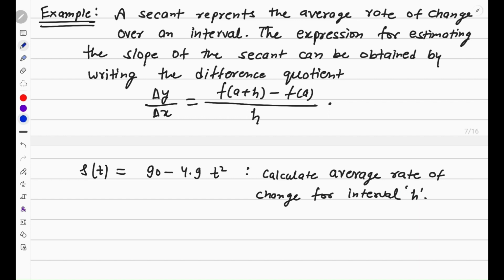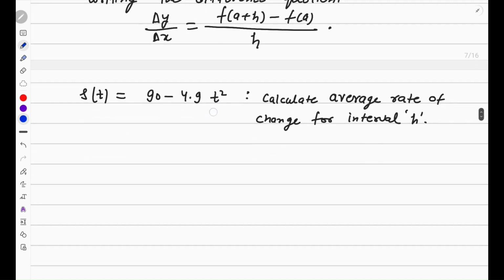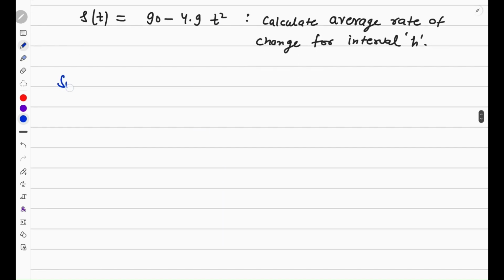So we can solve this using the formula which is given to us, or we know this formula. So the solution is,